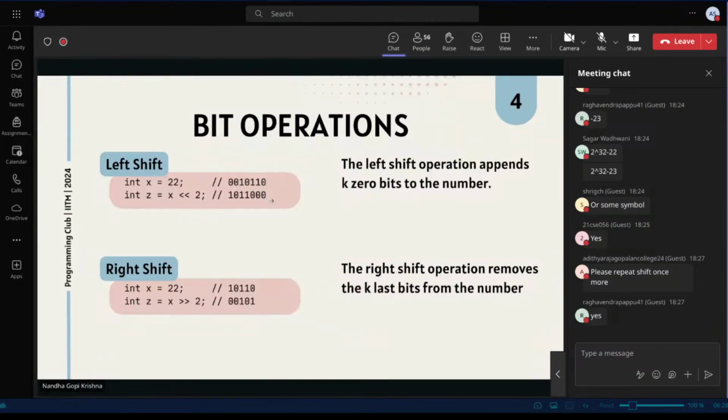Similarly, in right shift, in decimal, you can think of floor dividing by 10 power k. Over here, it is the same as floor dividing by 2 power k. What is floor division? It is